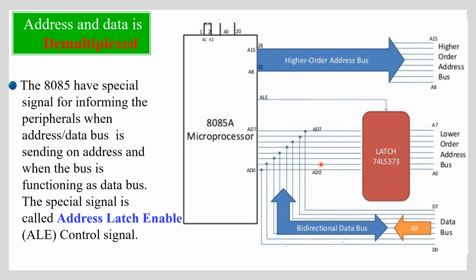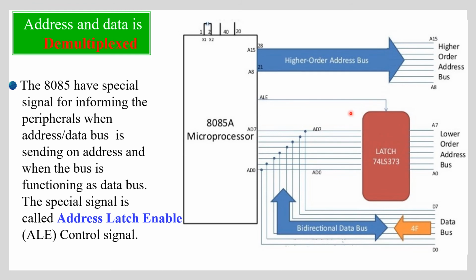So it doesn't have enough pins for input, and for that reason the manufacturer uses pins 12 to 19 as dual-purpose address and data bus lines, that is AD0 to AD7. The unit is said to have an 8-bit multiplexed address and data bus. The least significant 8-bit address shares the pins with the 8-bit data bus.